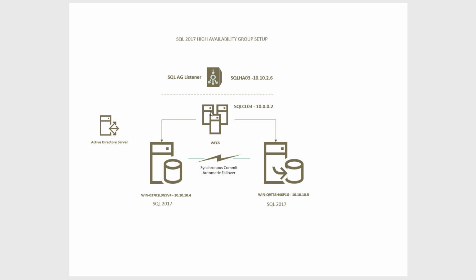One thing to note is the same thing can be built in Linux as well, but we will be looking at that not in this video. SQL 2017 has a new feature that allows you to build the high availability group in a Windows failover cluster service, or in Linux using Pacemaker to detect node availability. You can also use something called external, where you can just build a secondary node for a read-only copy, not for failover. We'll briefly look at those options, but today we'll be building the high availability group using the